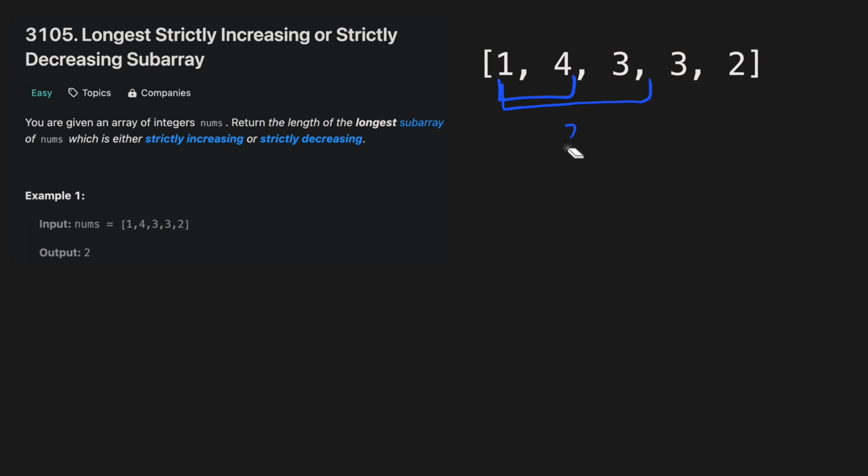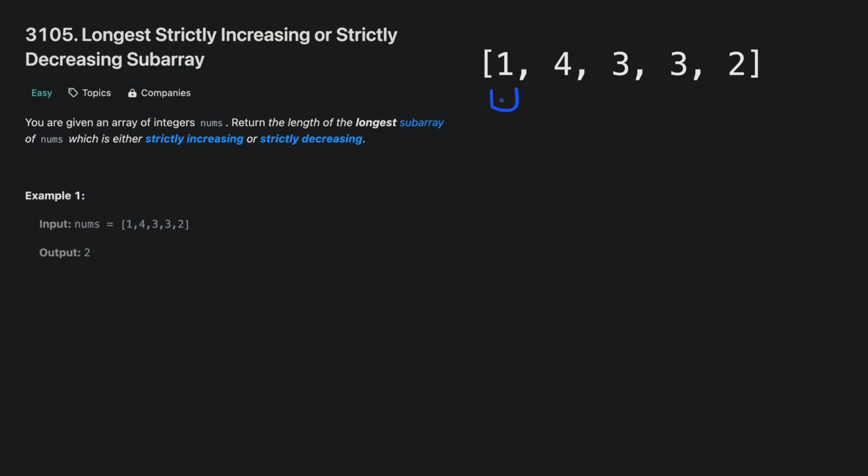And similarly, when we say strictly decreasing, this implies that every element in the subarray is greater than the next one. For example, consider the subarrays 4, 3 or 3, 2. Here the elements are strictly decreasing, but consider the subarray 3, 3. Here they are not because the two 3s are equal. And the subarray of size 1, that is a subarray with a single item, can be considered as both strictly